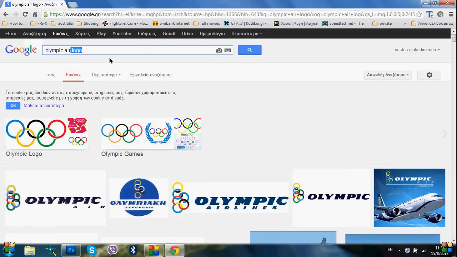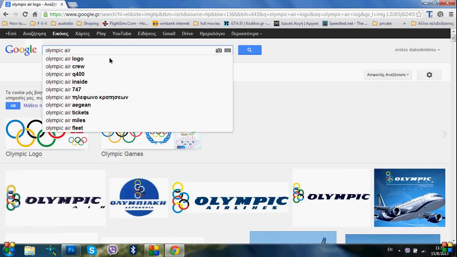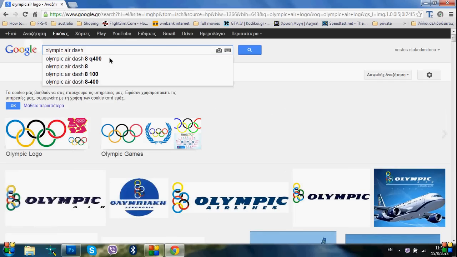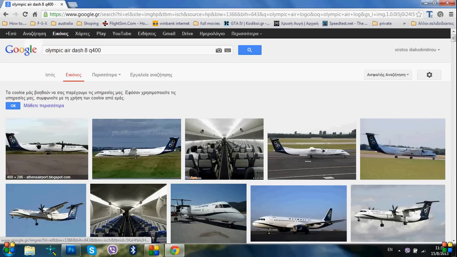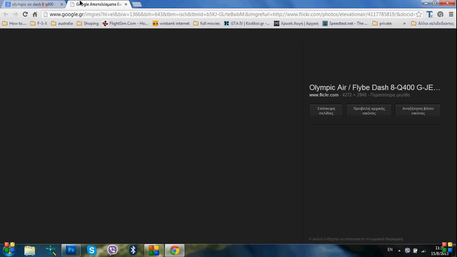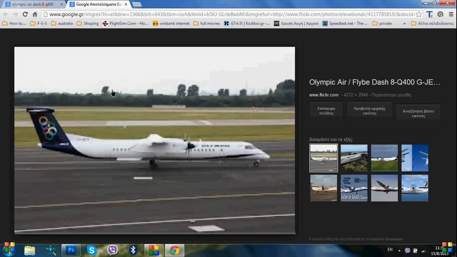So next you need, for example, DXTbmp 8 Q400, and you need some big pictures from it, like this one. This is very big. This is big enough so you can notice every detail. This is also very big. Okay, it's really great guys. So I'm not gonna download it now, but you just